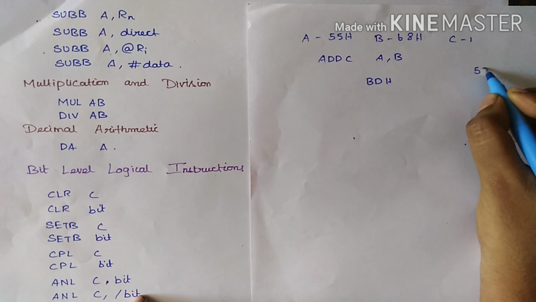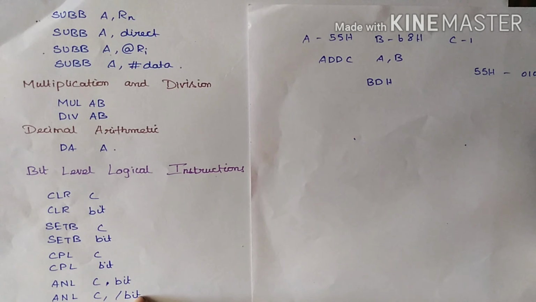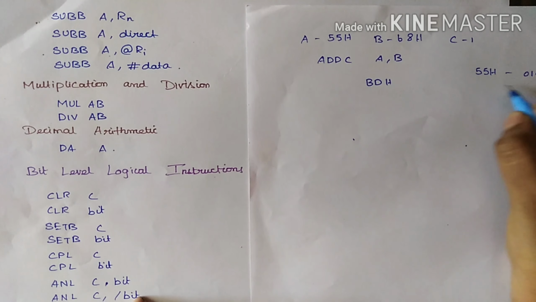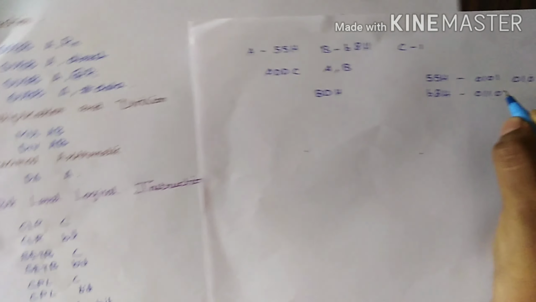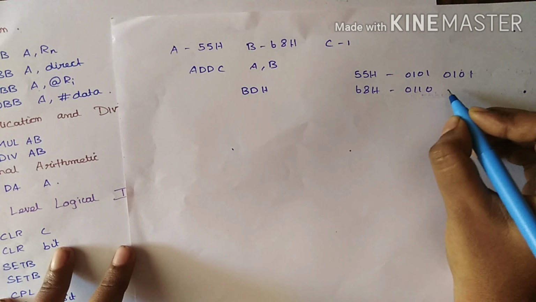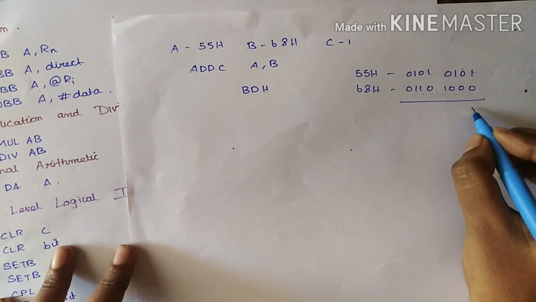Since we have 55H as 0101 0101 and 68H as 0110 1000. Now on adding this,